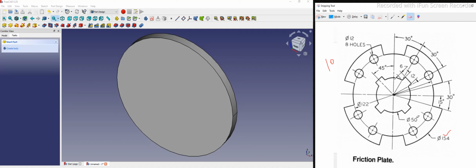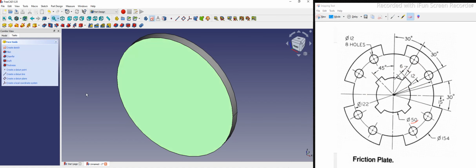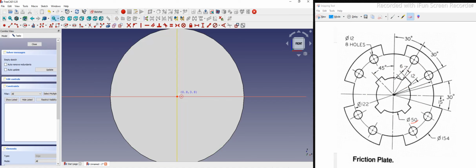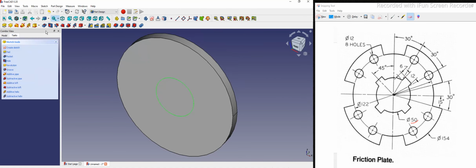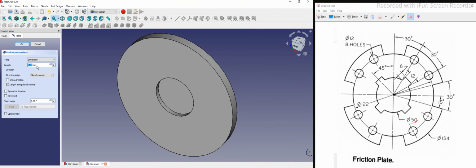Now we will make this inner feature, this one. For this, first I will extrude cut with a diameter of 50, and then we will add these dimensions here. So I will select this face and say sketch, and I will draw a diameter of 50. I will say 50, close,